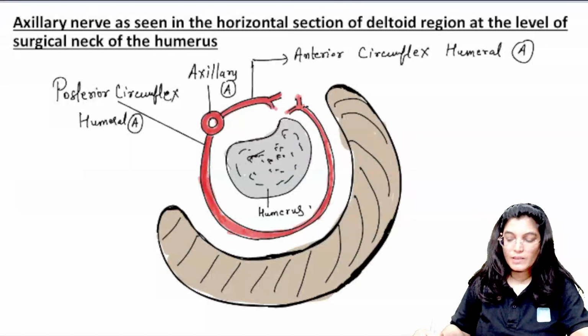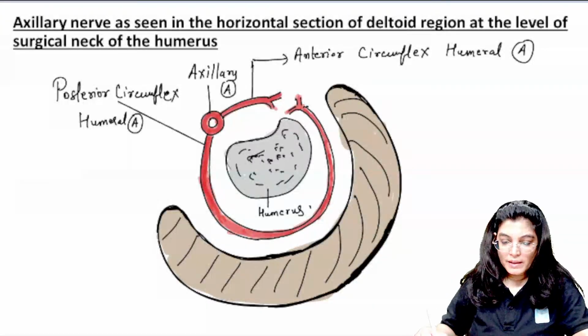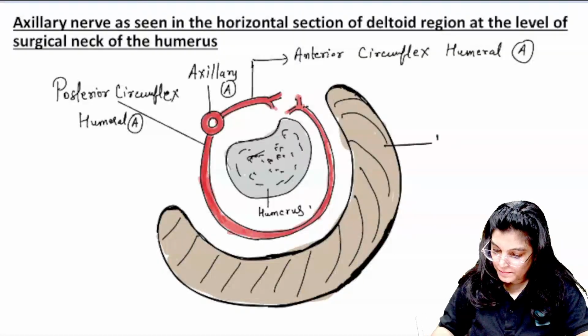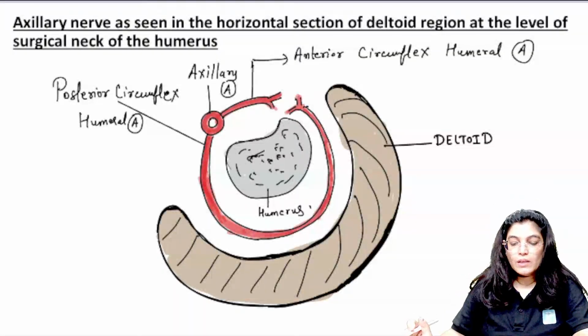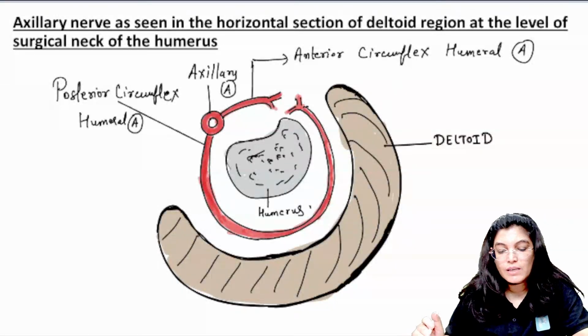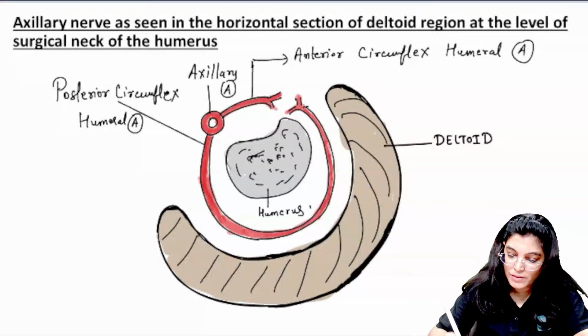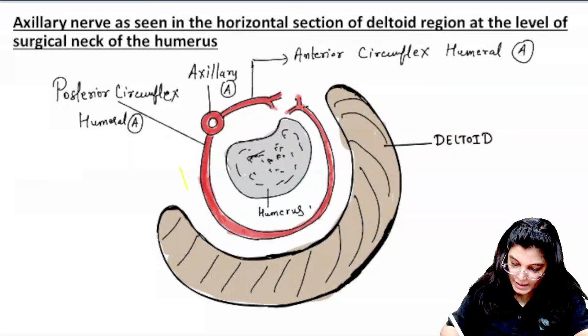Okay, this is just a deltoid muscle. So this will be the deltoid muscle. Now, what I have told you, in between the surgical neck of humerus and deltoid muscle, the nerve which is traversing is the axillary nerve. Now I am using yellow color to make the axillary nerve. So then we will make an axillary nerve